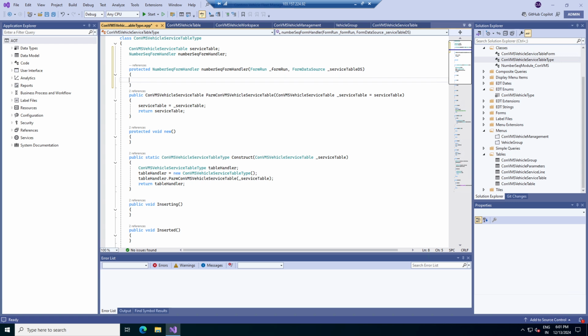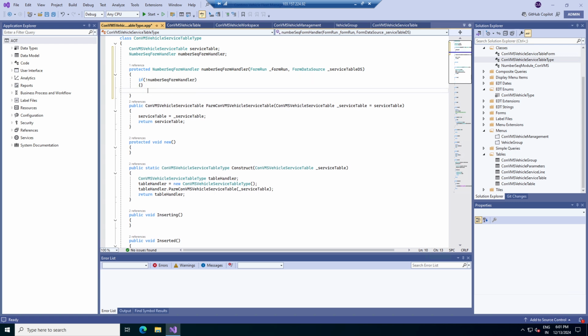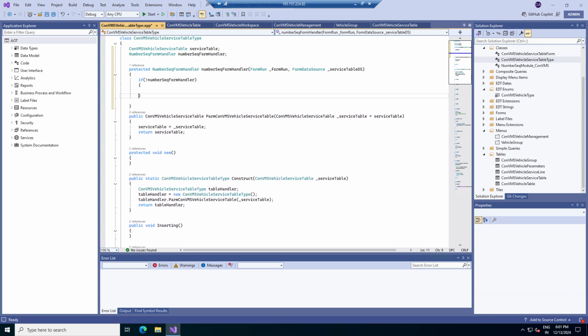Inside the curly braces we will write our condition. If not equals to form number sequence form handler, number sequence form handler, then we are going to give rec id